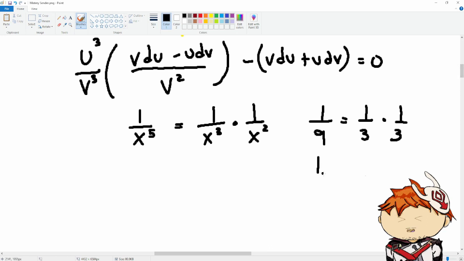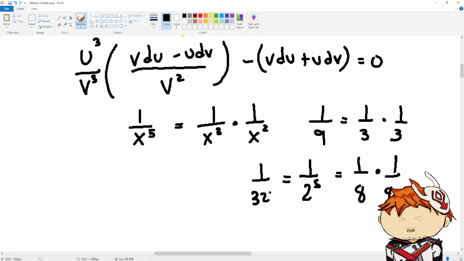Let's just start with something simple now. 2 to the fifth, so that's equal to 1 over 8 times 1 over 4. I know that 4 times 8 is 32, and 2 to the fifth is 32. And 8 is 2 cubed, and 4 is 2 squared. Okay, now that we know,